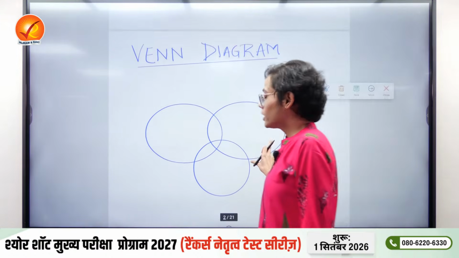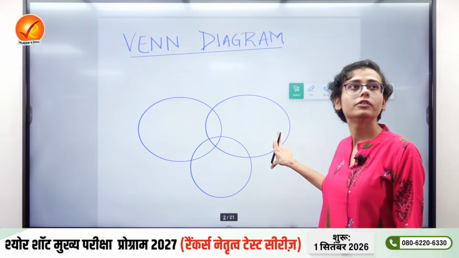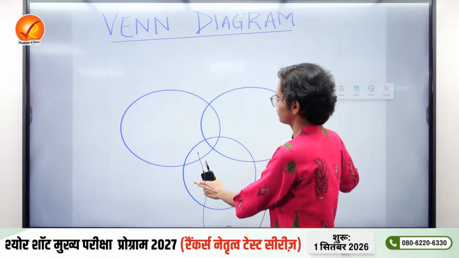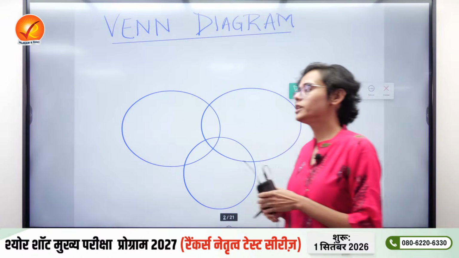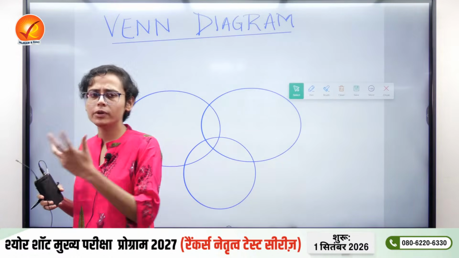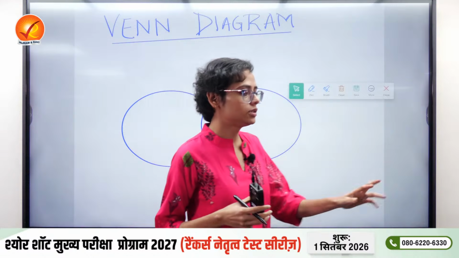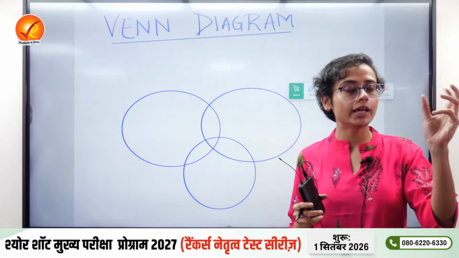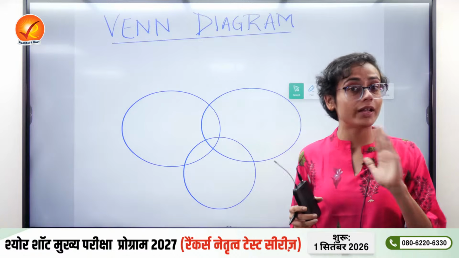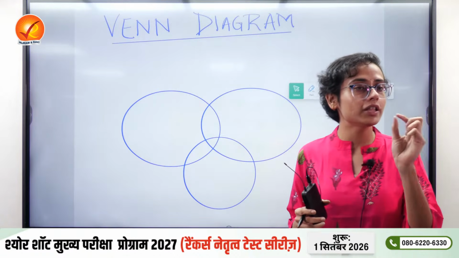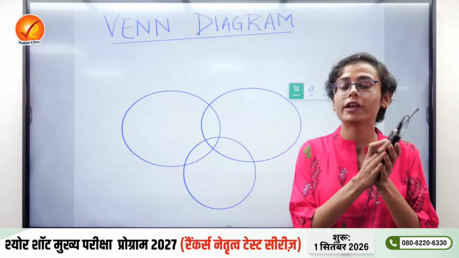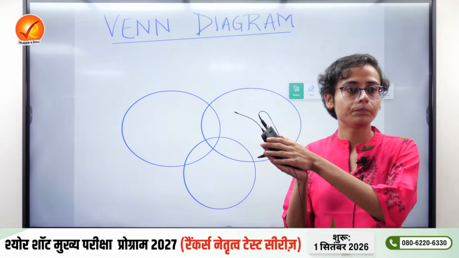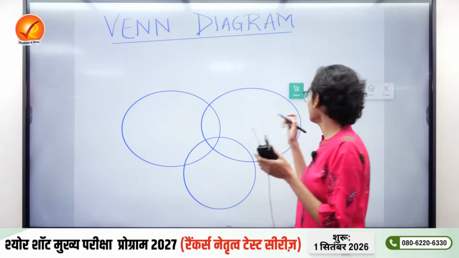The Venn diagram, I hope it is visible. Yes, Venn diagram. So generally a Venn diagram can be used in ethics and in the governance part, where you have to show that there are certain 3 different things, but their intersection or their coming together is very important in order to achieve an altogether different goal. For example, you can write